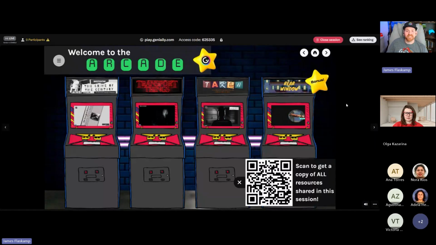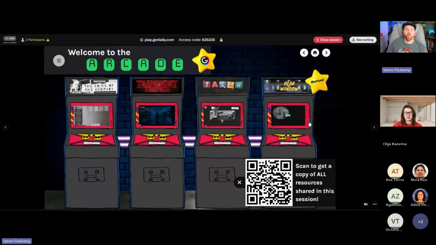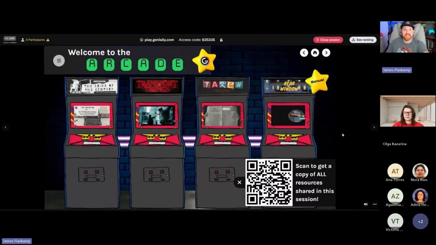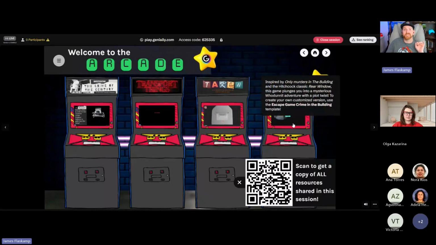And then as a bonus, I have this Rear Window Genially. I didn't create this. It was our Genially instructional design team that put this together a few months back. This is one of the coolest things I have ever seen created with Genially.